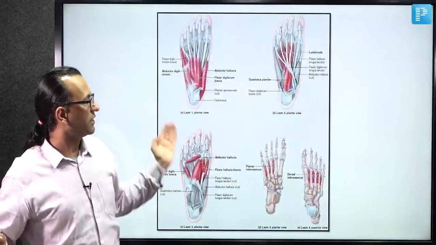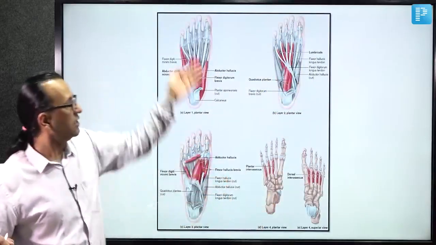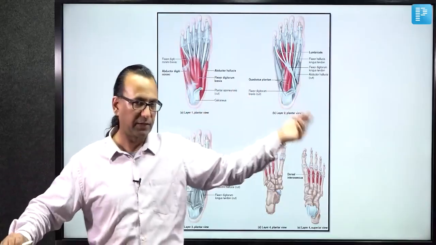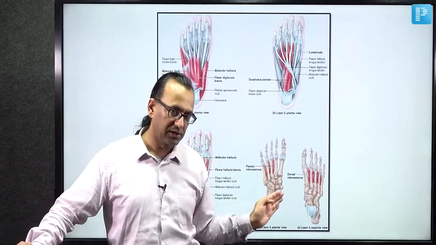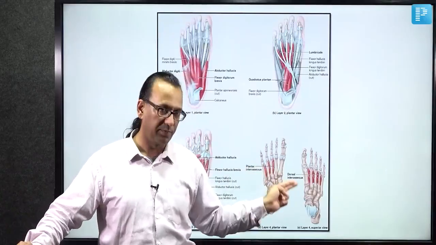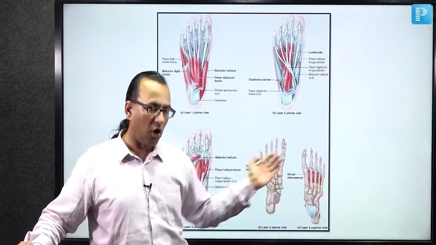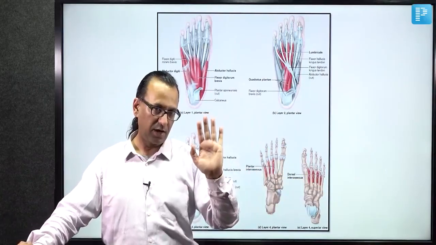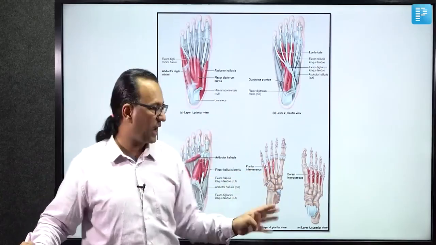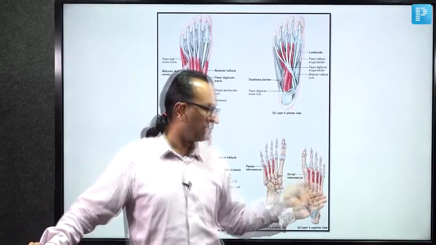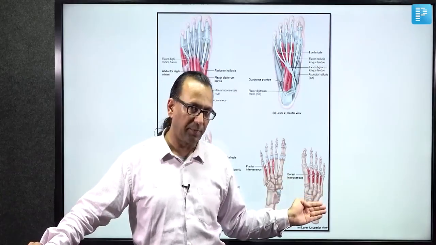Talking about the muscles in the sole, we have 4 layers, and if you remove the first layer, you see the second. If you remove the second layer, you see the third, and if you remove the third, then you see the deepermost 4th layer, which is muscles between the bones. So deep they are, so they are called interossei muscles. Like in the hand, in the foot you have interossei, but there are only 3 plantar interossei and 4 dorsal interossei. As you see, the interossei are in the 4th layer, and the lumbricals